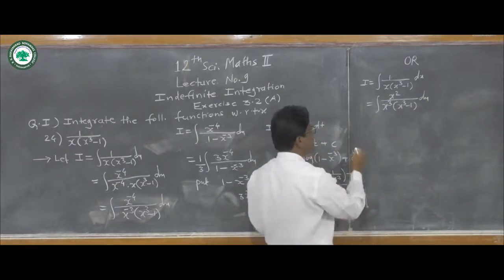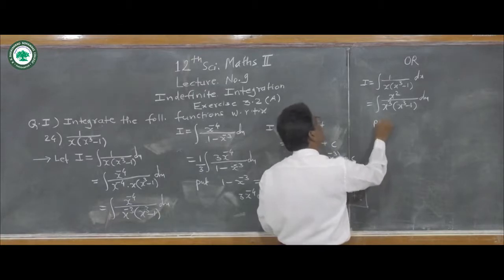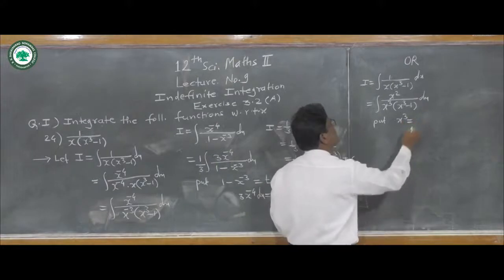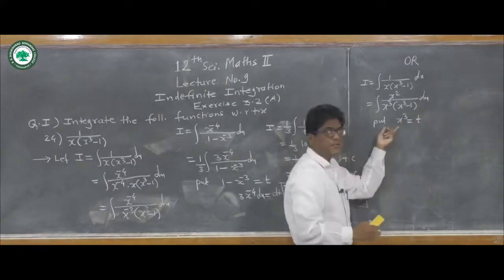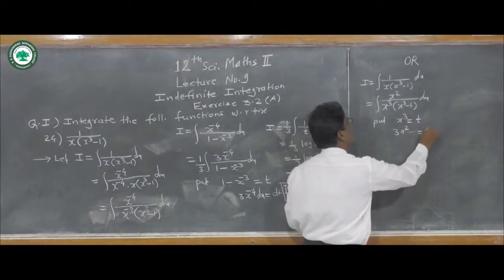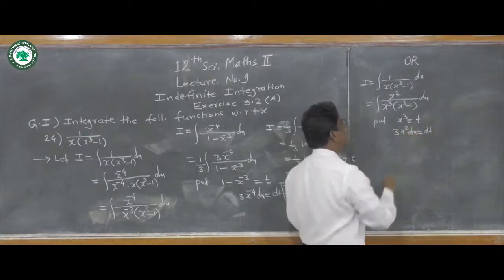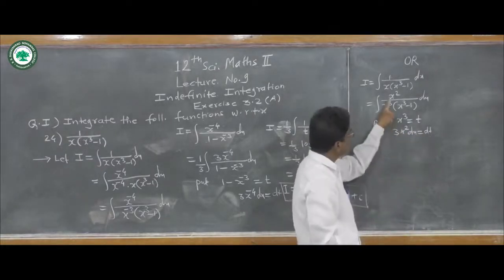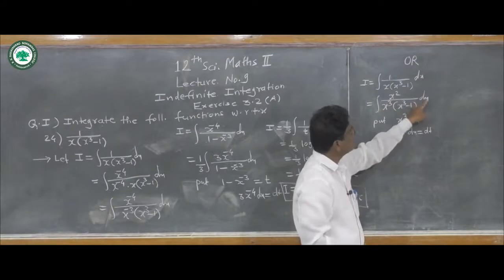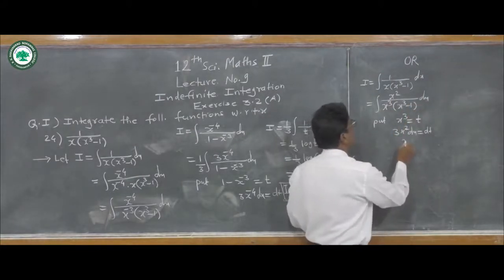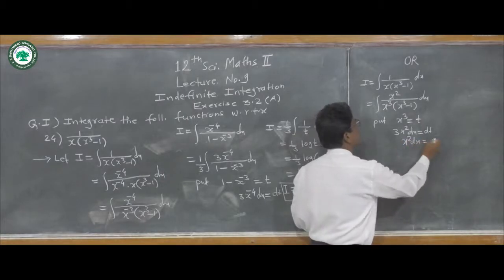Now here put x cube equal to, suppose, t, and take the derivative of x cube, that is 3x square. So 3x square, and the right hand side is dt upon dx, carry that dx. So we get here 3x square dx is equal to dt. Now here there is only x square dx in the numerator. So carry this 3 to the right hand side, and therefore we get x square dx is equal to dt upon 3.